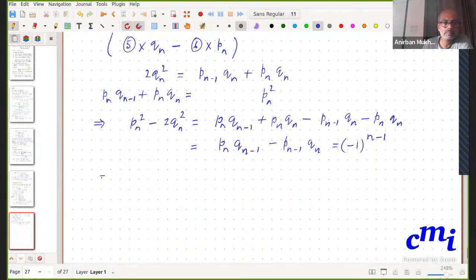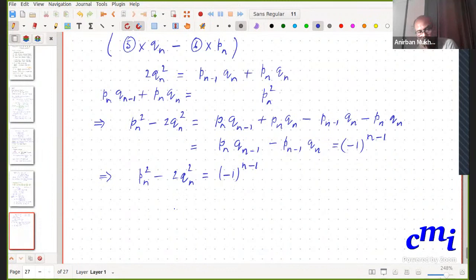And therefore, let me just write that again. So 2Qn square is equal to minus 1 to the n minus 1. So this difference, Pn square minus 2Qn square, is going to change sign. In fact, when n is odd, you get a plus 1, and when n is even, you get a minus